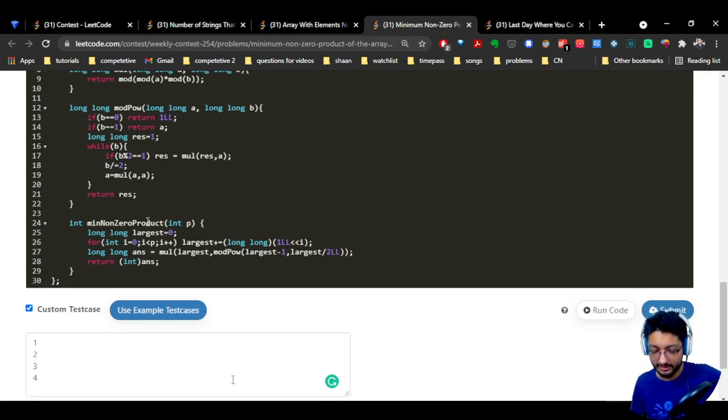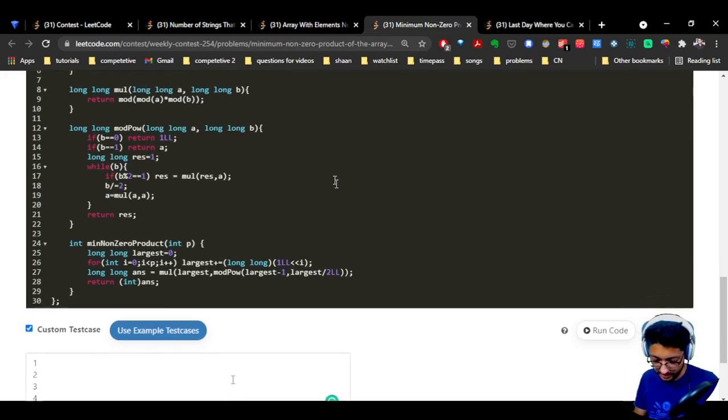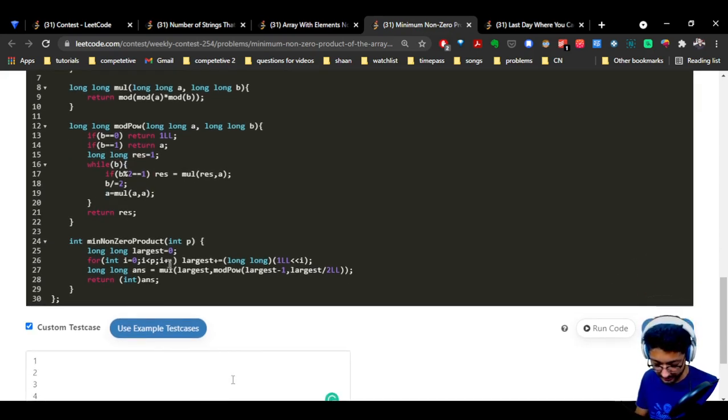Now the final product answer is multiplication. As you can see, I've used this mod function to find all the multiplications and all of those things. So if you write down this function, then you just have to do this thing. Multiplication of the largest number into multiplication of, like, two numbers multiplied. The largest number and largest minus 1 to the power of largest divided by 2. So mod power of largest minus 1 to